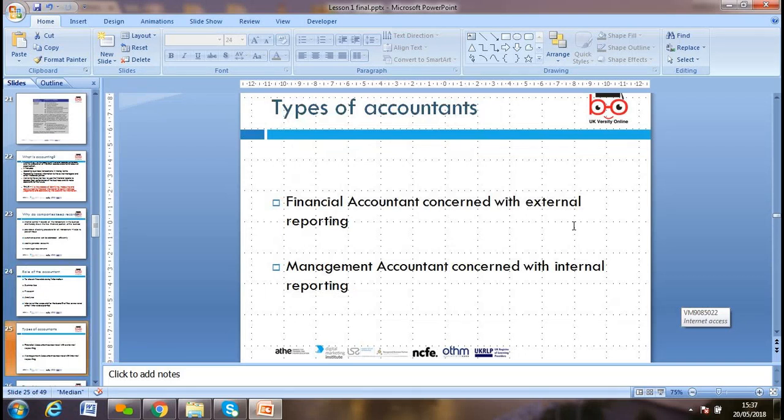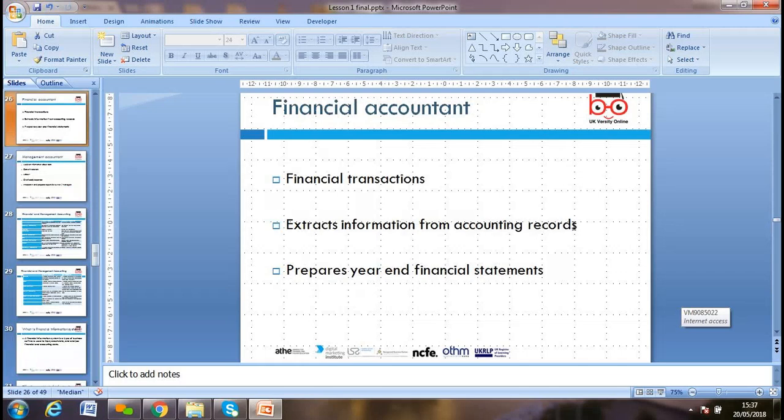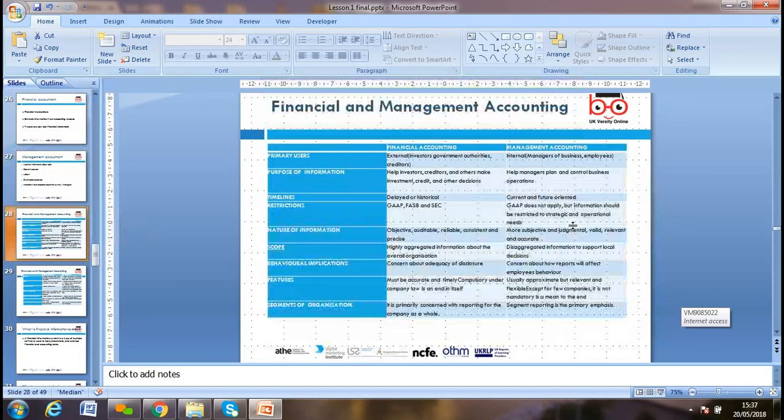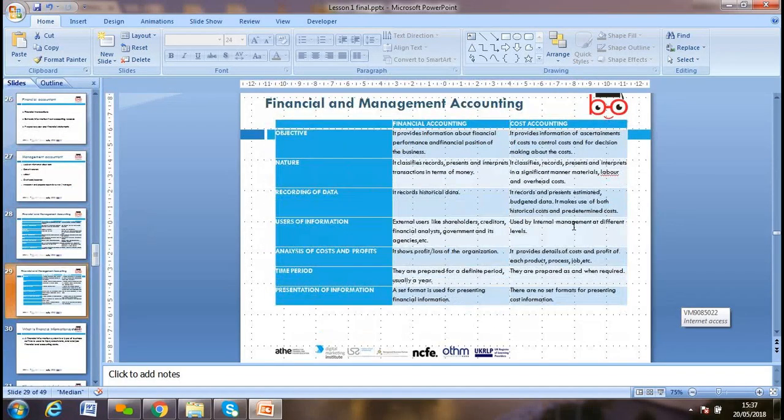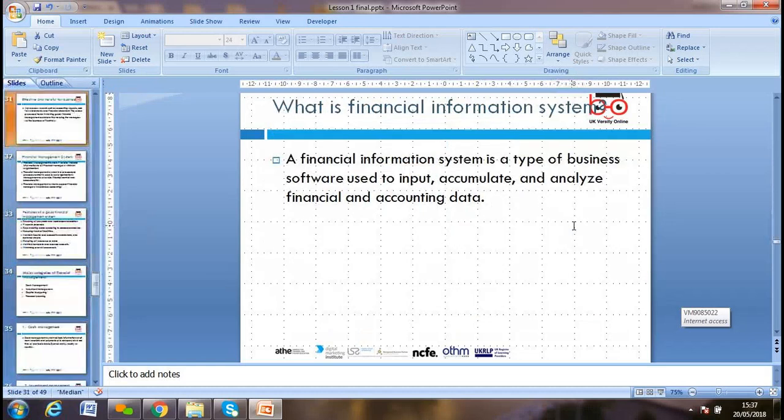So types of accounting: financial accounting is concerned with external reporting, and management accounting is internal. Okay, these we already explained. That is duplication. So next,